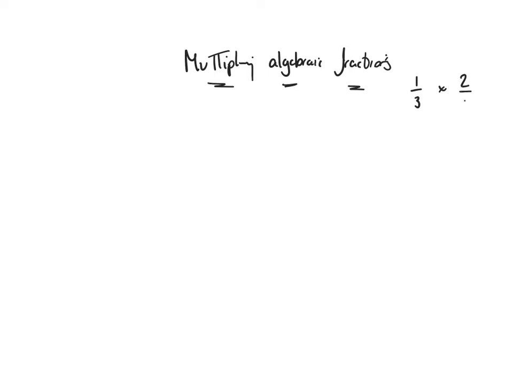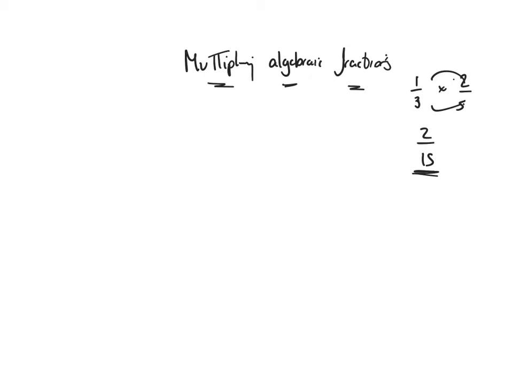Okay, we're going to look at some multiplying algebraic fractions today. Okay, so remember for numerical fractions, so just with numbers only, if you're multiplying, you multiply top and bottom. So 1 times 2 is 2 and 3 times 5 is 15. You check if the thing can be simplified, which in that case that one can't. Okay, so we're going to use that technique but apply it with some expressions with letters and numbers,